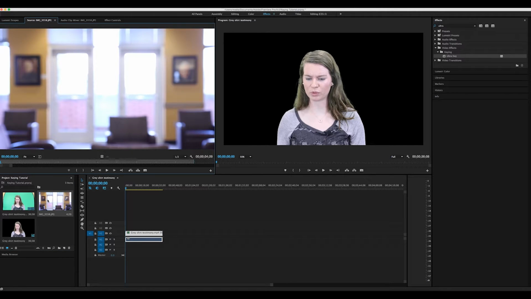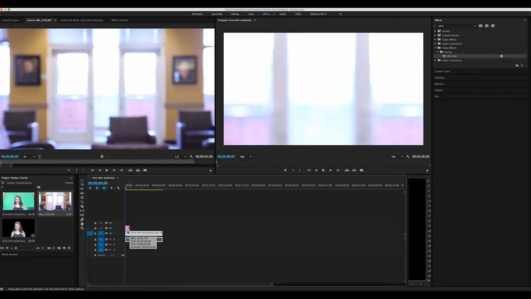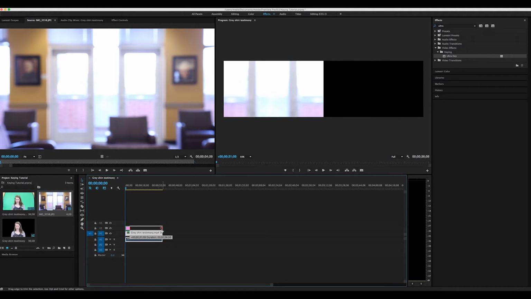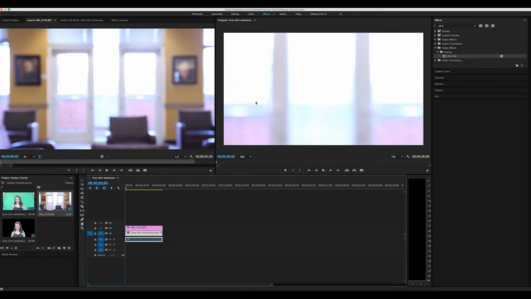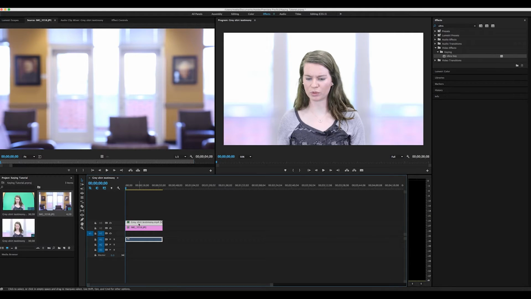The footage we have here is an image taken from the university that's been blurred to match similarly to what the lens would be. This allows for a more realistic and believable background. We're going to drag this into our scene. We're then going to take the right side of the strip and extend it out to the length of our footage. However, as you can see, the background's on the top. We need to switch our actor's footage to be above it. So we'll simply drag the footage up to the top video layer. Now you can see our actor is in front of the backdrop.